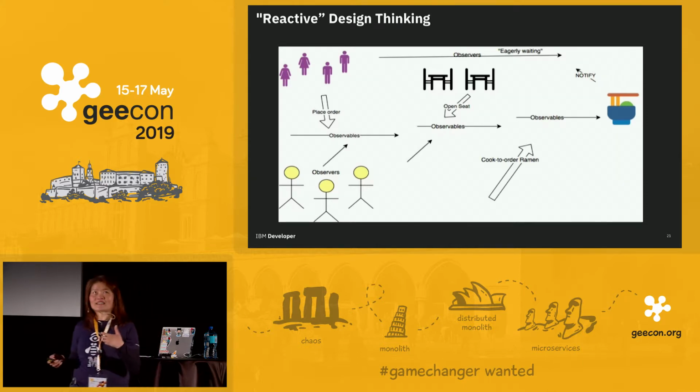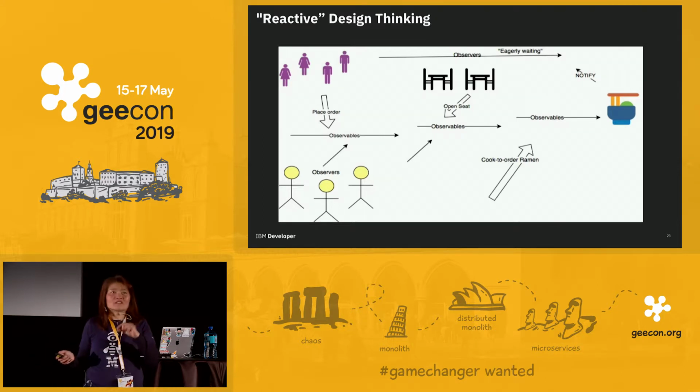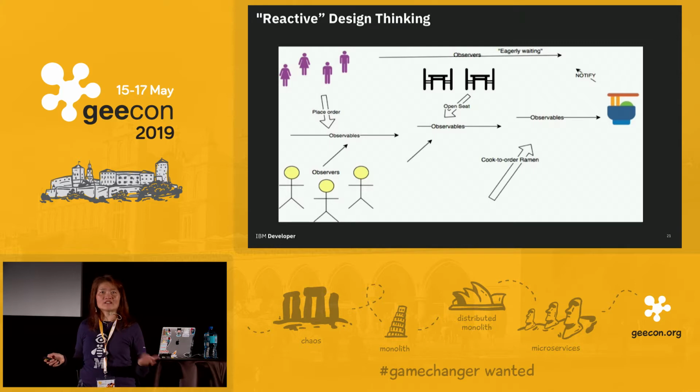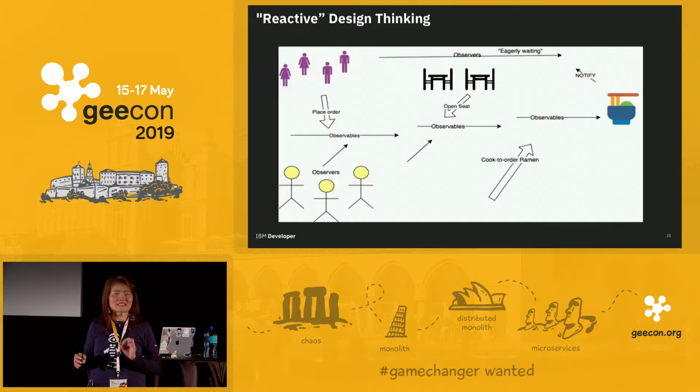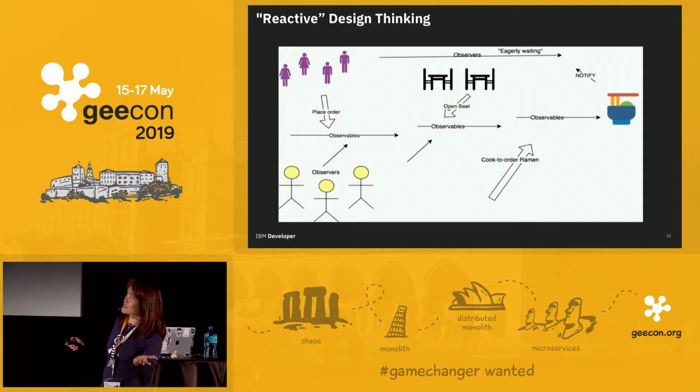And in some sense, we can also have some mechanism to automatically notify the customer who has placed the order, telling them, oh, your noodles are being cooked. At that point, as busy programmers like us, we can say, oh well, the noodles will be ready in 10 minutes or 5 minutes even. So now let's compile a program or do something. Then we'll walk downstairs or across the street to the noodle shop. At the same time, your noodles are being cooked, and then another observable happens when your noodles are done, and then you can notify us, the customer. Then we get that, and we are eagerly waiting.